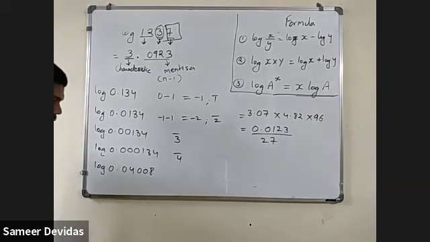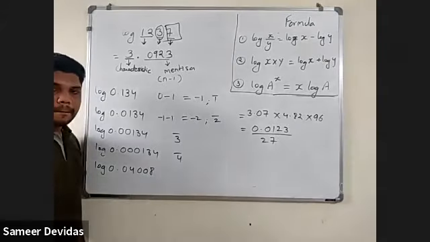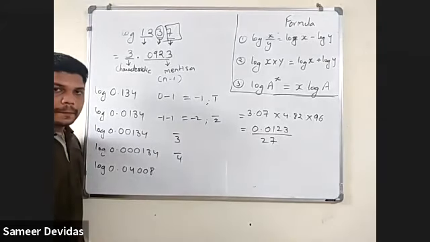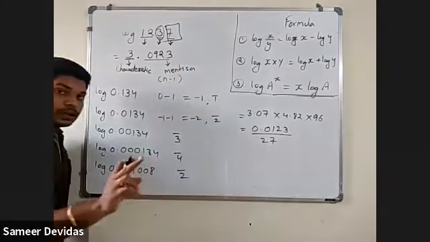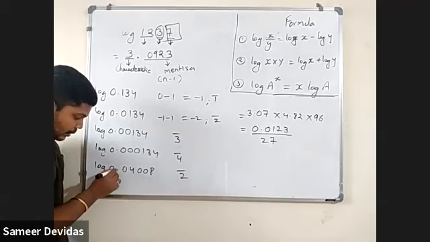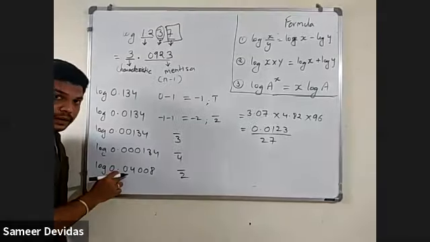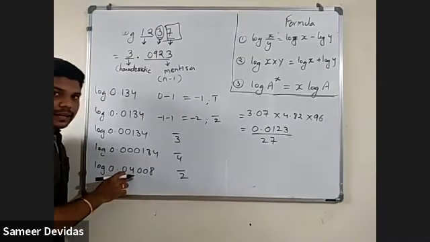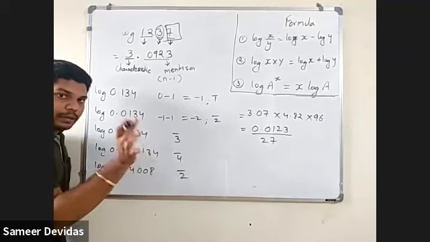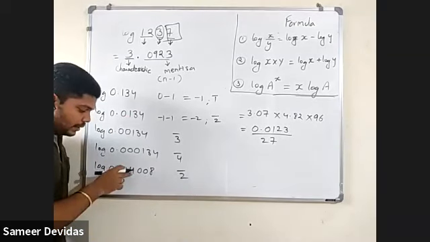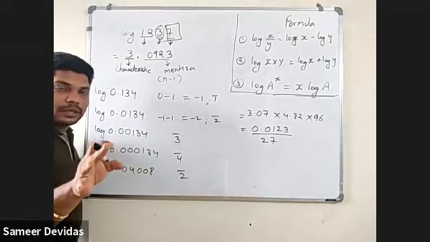Now you see, log 0.04008. In this case, how will you do this? Answer is what? Minus 2. Why is it minus 2? Because we have to consider the zeros just after the decimal. Just after the decimal, only 1 zero is there. After that, a digit is there, and then zeros are there. We are not considering those zeros because before that, a digit comes. All have understood? Yes, sir.